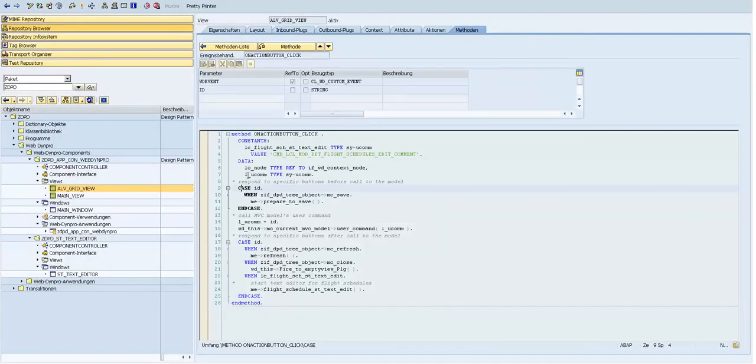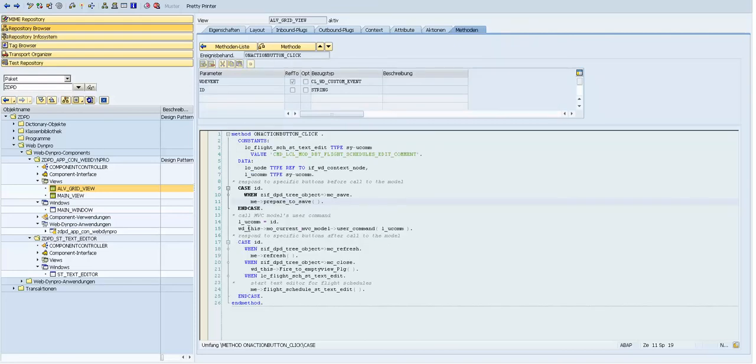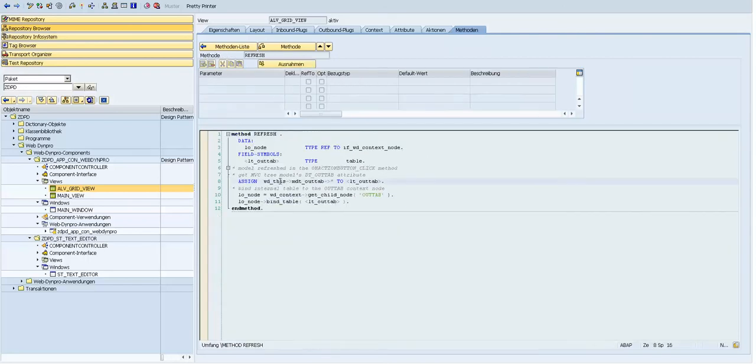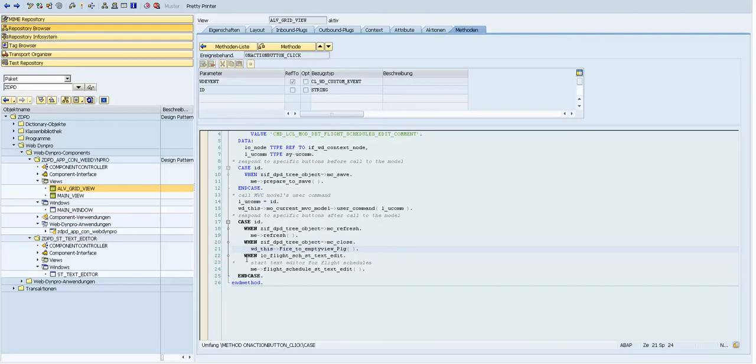We go here, and according to the ID, if it's save, we prepare for save, which means we just take the data from the node, and then we put it for the current MVC model user comment, and then we just put the data from the attribute again into the context, and if it's save,